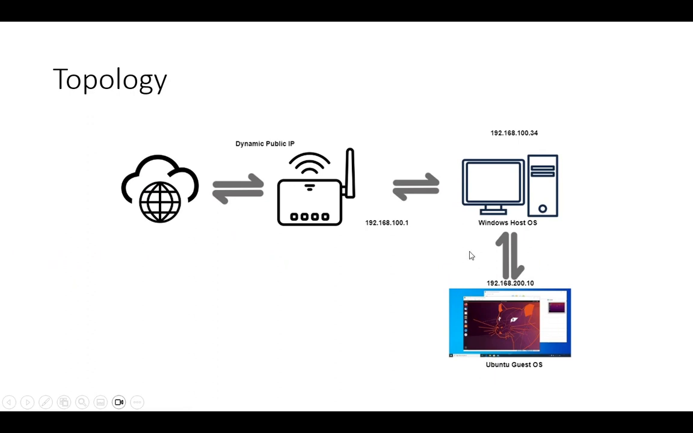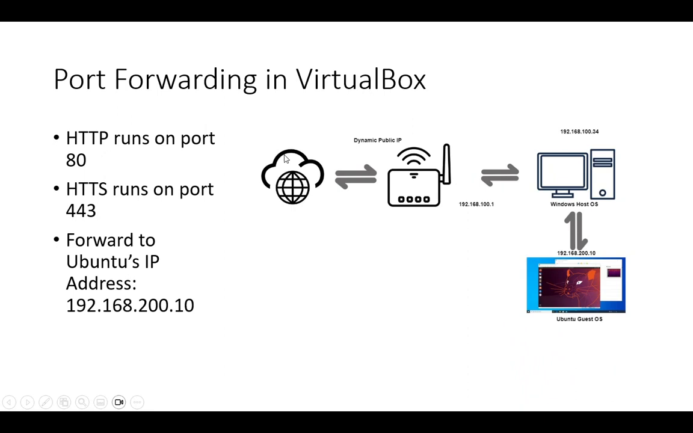We will start first with the configuration from the Ubuntu guest OS, going up to the Windows host and then to the wireless router, and then finally the configuration of the dynamic public IP address. Let's start first configuring the port forwarding in VirtualBox. So we need to port forward the